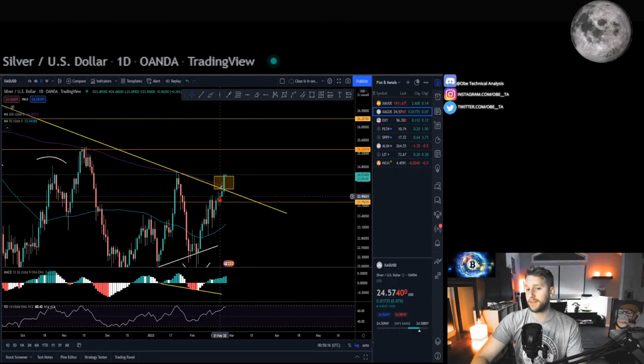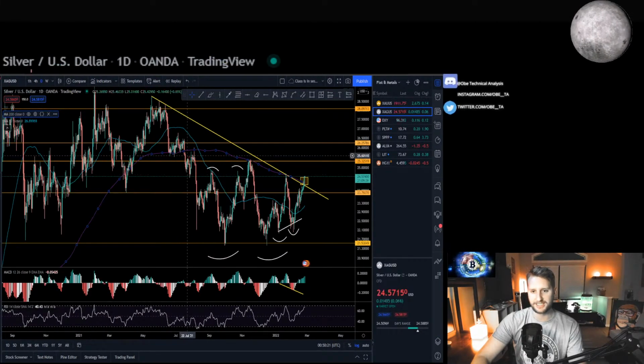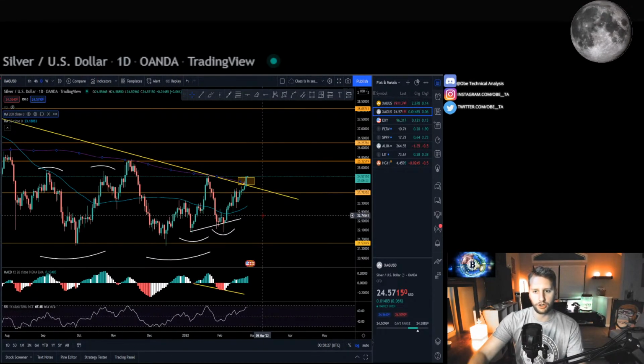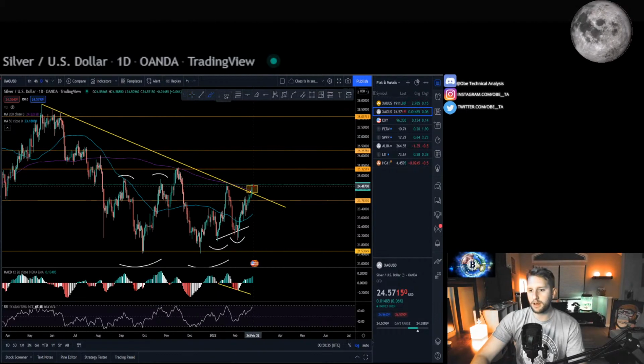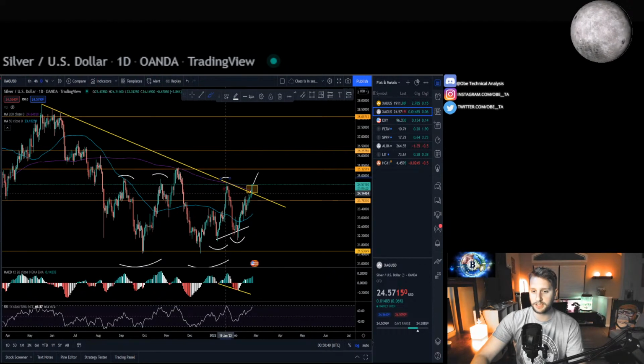All right, not only did you break out of that trend line, you broke out of the 200-day moving average that you have also been regarding as resistance since August 4th. So it's like a 2-for-1 on silver. You broke the 200-day moving average, and you also broke the supply line, the upper trend line. Really good. And it could either explode, pop off, or potentially treat this inflection point here as resistance, come back down, and then hold the 200-day moving average and the trend line as support before going. That is likely. That is more likely, in my opinion, what's going to happen.